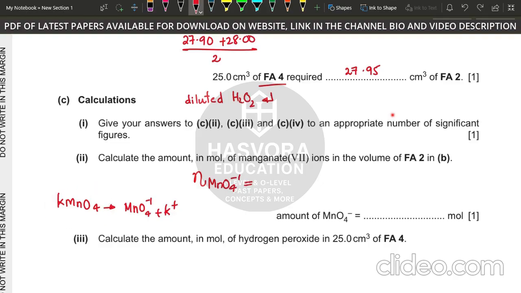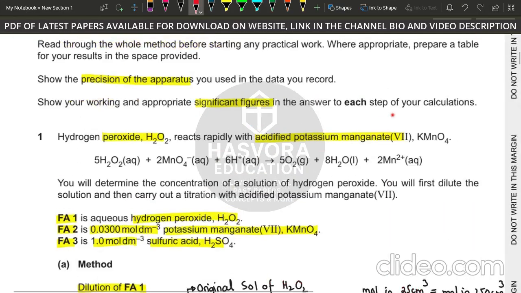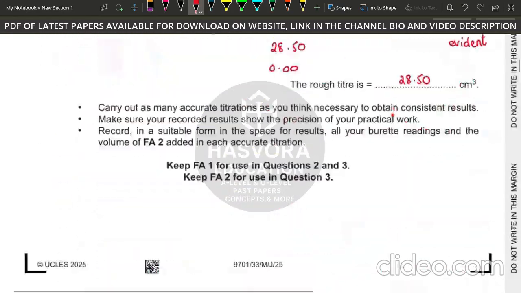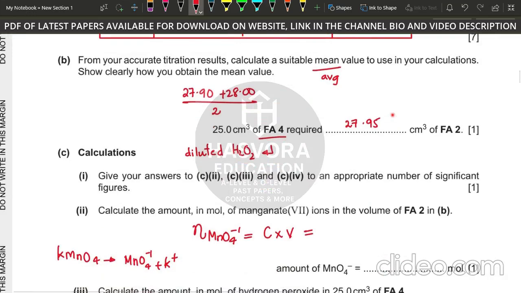Okay, so it will be concentration into the volume. So the concentration was given to us. Let's check what the concentration was. It was 0.03. So 0.03 into the volume will be 27.95, the mean. Okay, you are going to be using the mean, and then divide by 1000, because the concentration is in dm. Okay, so let's calculate this. 0.03 into 27.95 divided by 1000, it will be